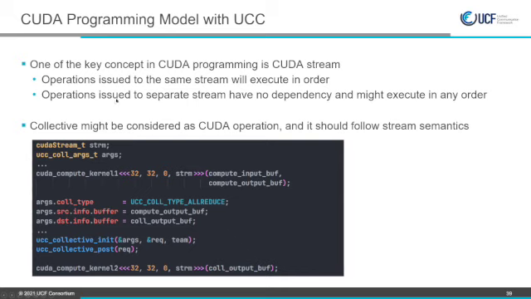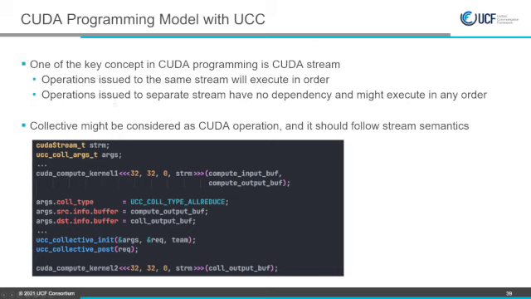And the second rule is that there is no guarantee about the execution order of kernels in multiple streams. They can execute concurrently, they can run sequentially. It's up to the GPU to decide what to do.